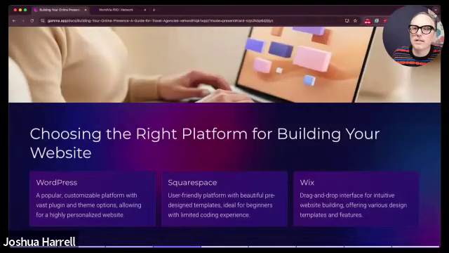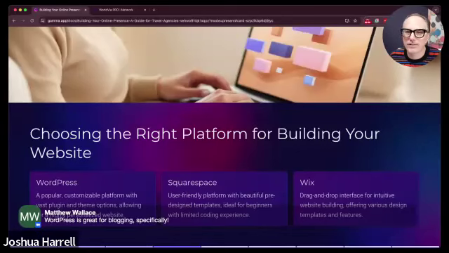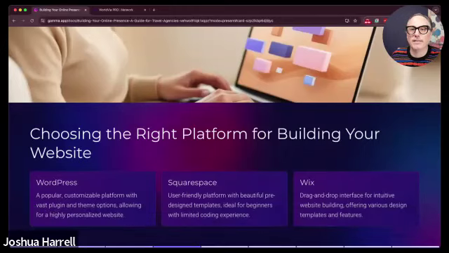And let's see, Matthew said here, WordPress is great for blogging specifically. Yes, totally. I've used it for many, many years in many different applications. WordPress is really nice. The only thing that you would need to be cautious about, and it depends on who you're working with as your web designer,